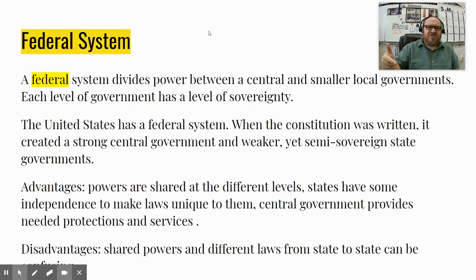Okay, so for example, here in the US, our states are semi-sovereign. They're allowed to make laws. Any laws that are not the responsibility of the federal government are the responsibility of the individual states, which is quite a bit actually. And you'll see that more when we talk about the Constitution coming up here another week or so. So the individual states are allowed to make their own laws, enforce those laws however they want to, as long as it doesn't violate or get in the way of laws that the